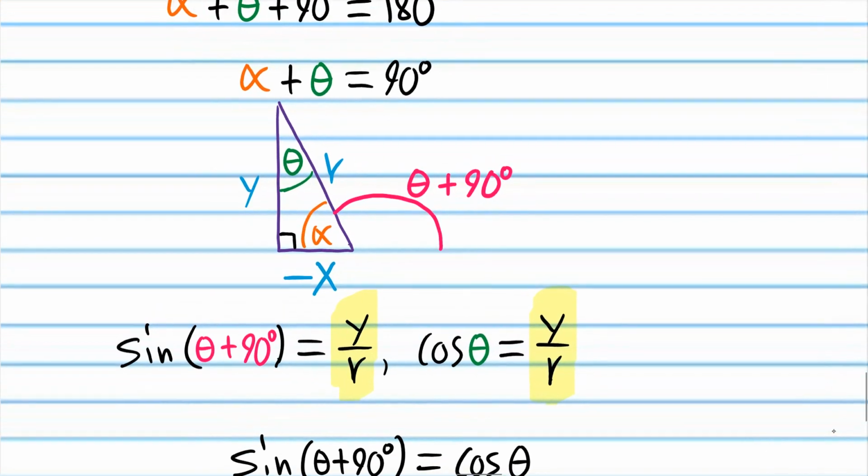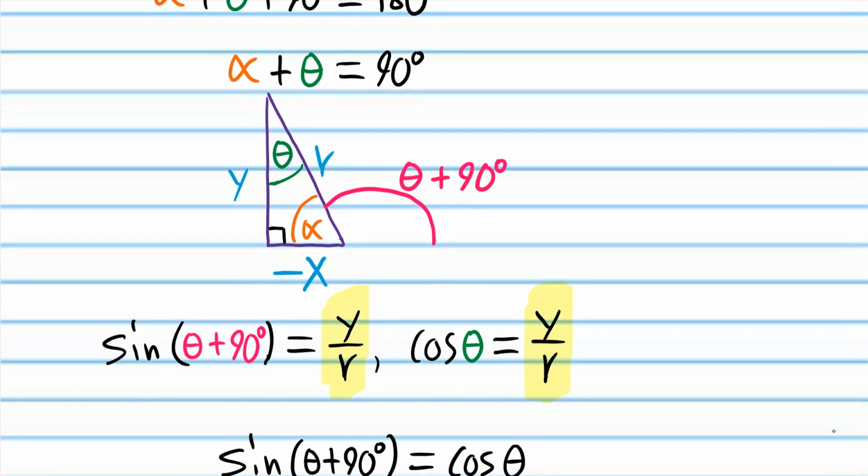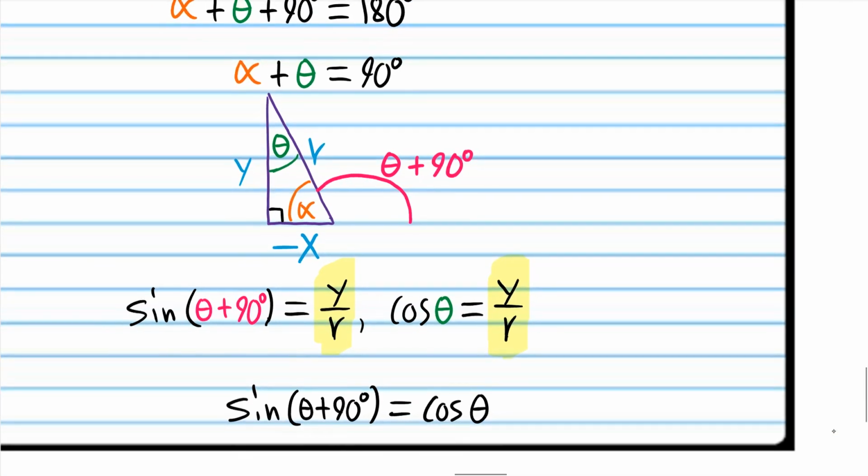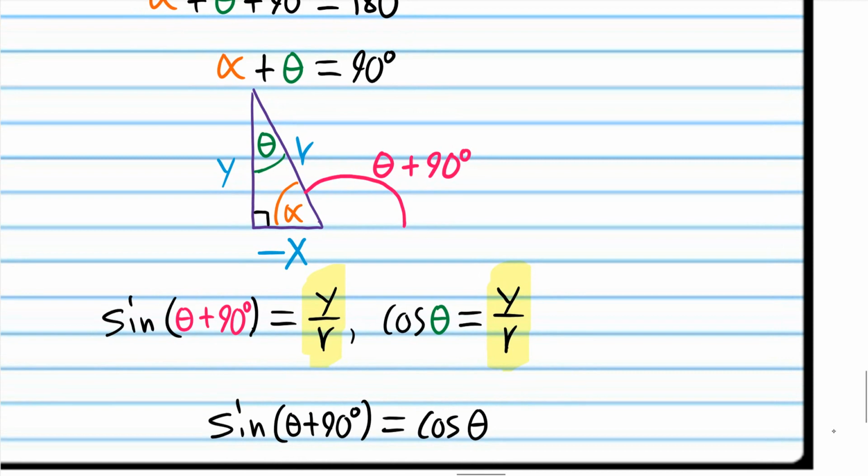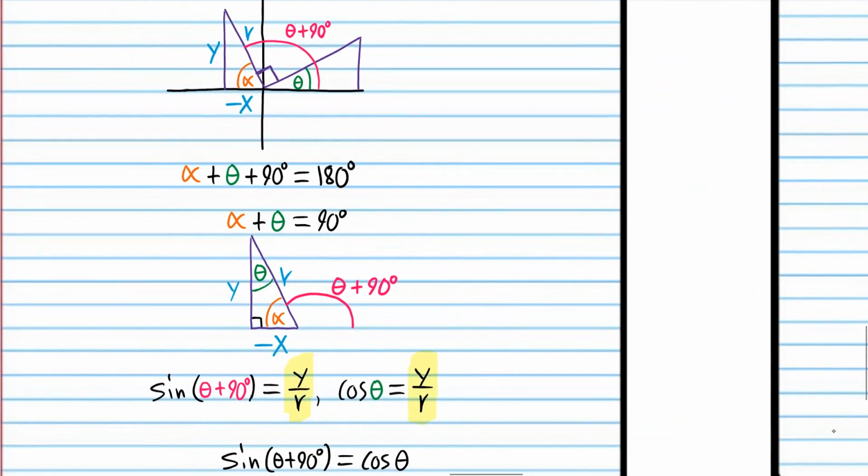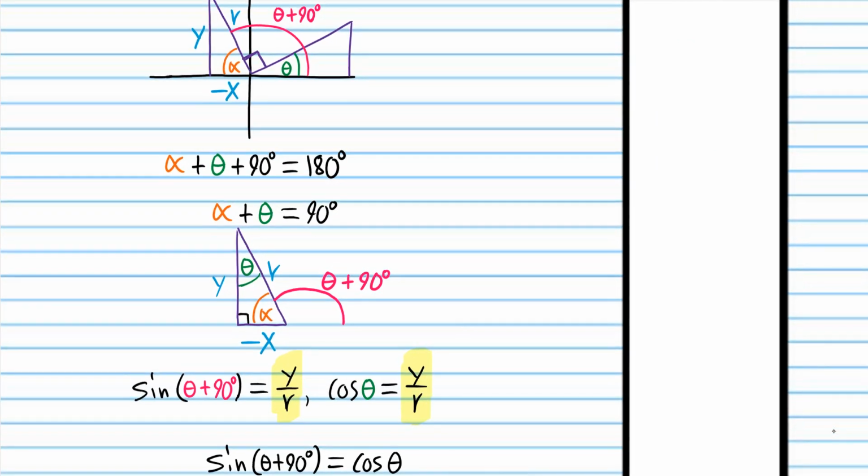So if you rotate theta plus 90 degrees, sine theta plus 90 is y over r. But cosine of that green angle, and if we take out this triangle over here and write it,